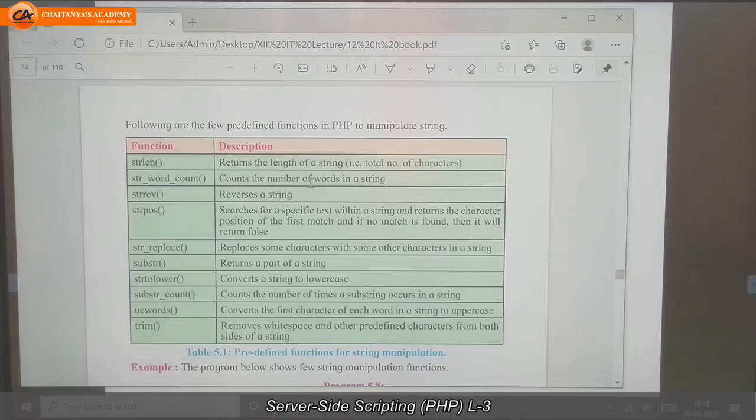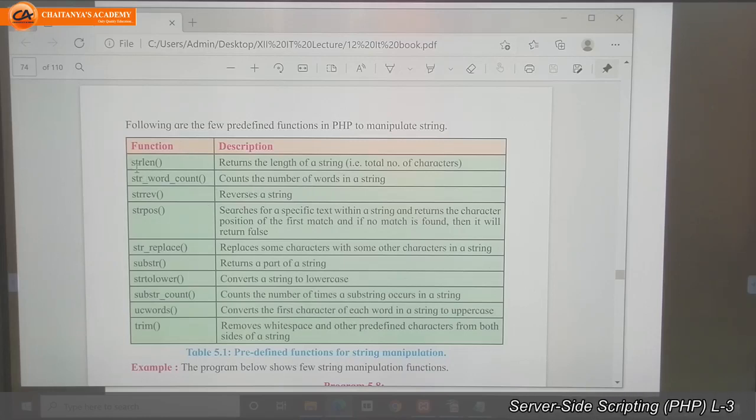We have already seen in the JavaScript chapter, we have 5 objects: string object, date object, array object, number object. In those objects, some built-in properties and methods we have already seen. Similarly, in PHP, you have some built-in string functions in your syllabus.